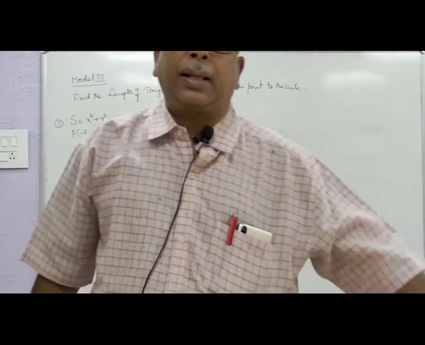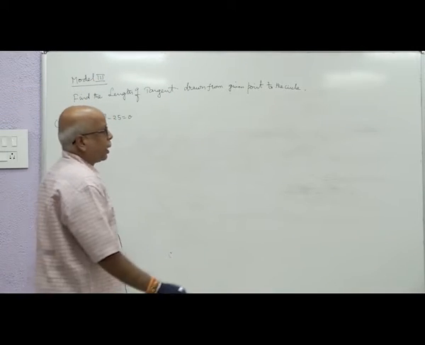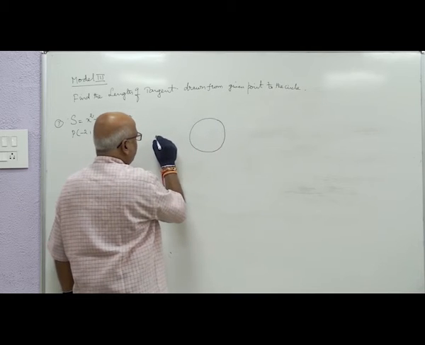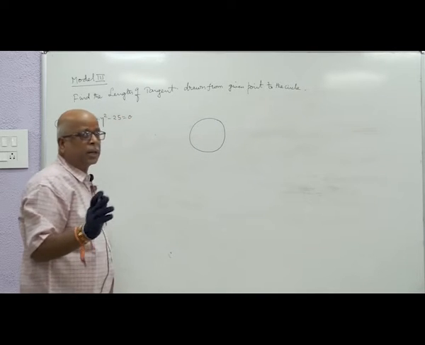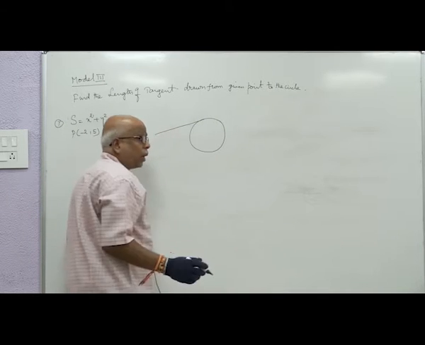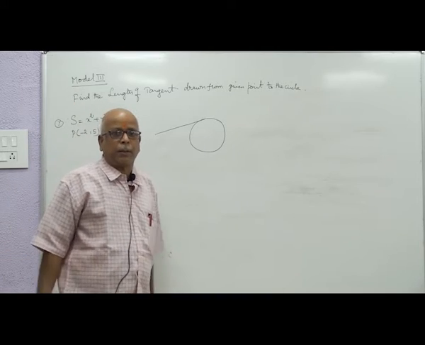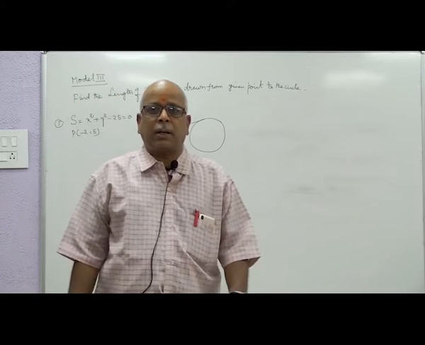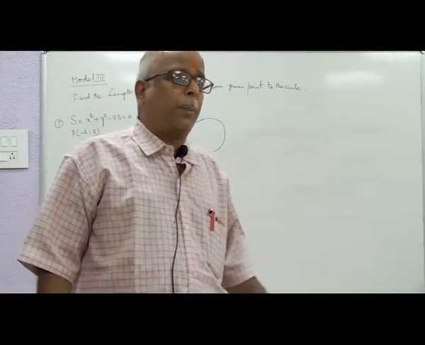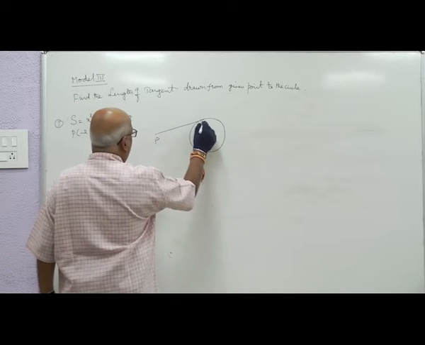What is the formula for length of tangent drawn from a point? Drawn from a point means here is a simple point that we are supposed to observe. From a point means definitely the point lies outside the circle, like this. Find the equation of tangent at the point means the point lies on the circle. The positional importance is very much there. At means the point will definitely lie on the circle. From means the point will lie outside the circle. So this PT length you have to find out.